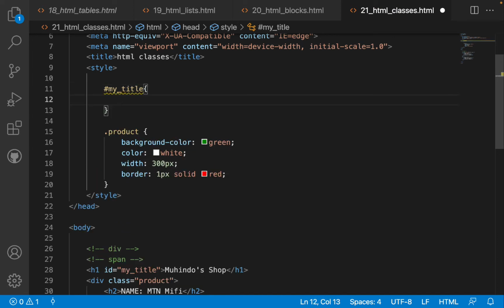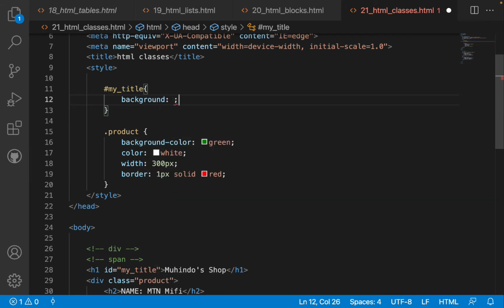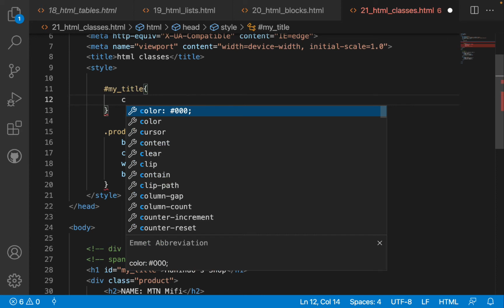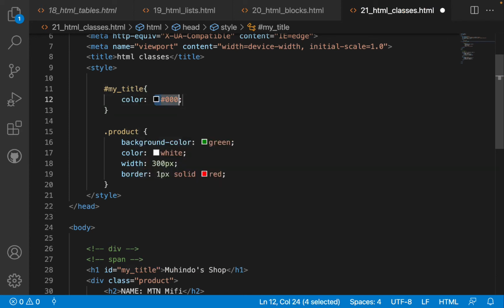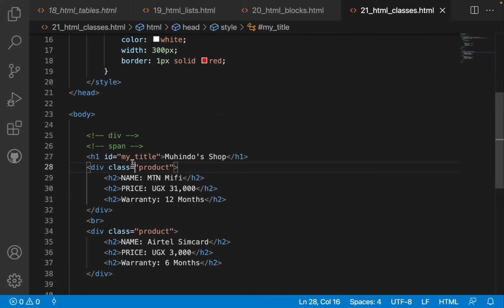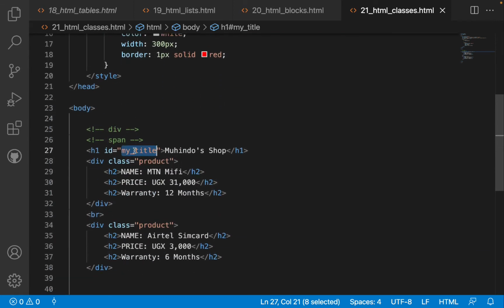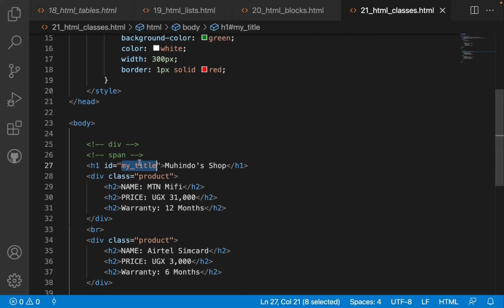So I'll come here and give my ID a color of green. It means that the text in my ID is going to have the color of what? Of green. And you have to use this ID only one time. Don't come and create another element and give the same ID. If you want to define another ID, it's okay. But a certain particular ID with a certain name must work only one time